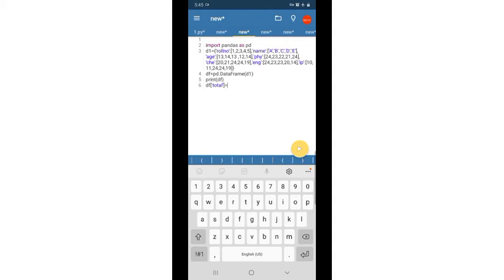So we can write DF in square brackets PHY plus DF in square brackets CHE chemistry plus DF square brackets in single quotes English plus DF in square brackets in single quotes IP.